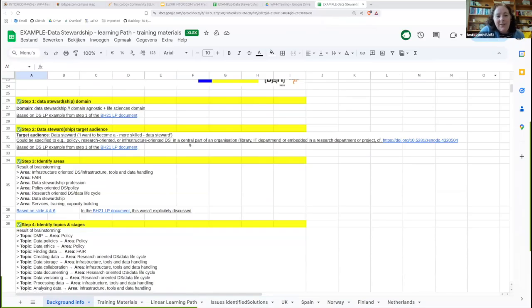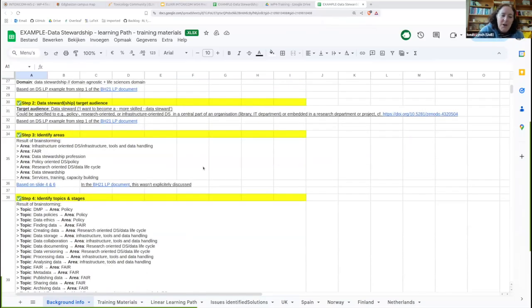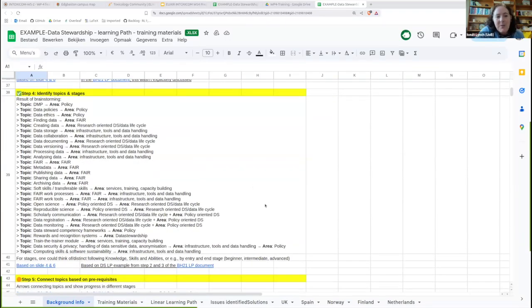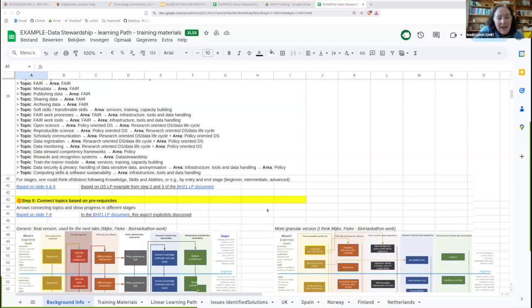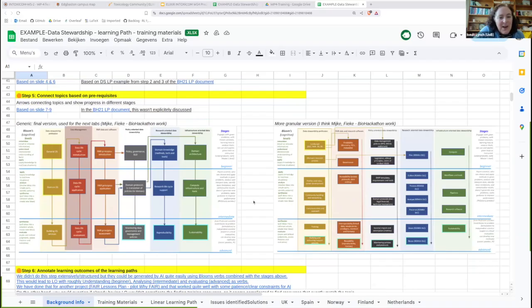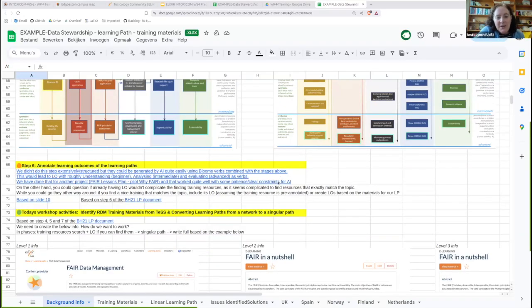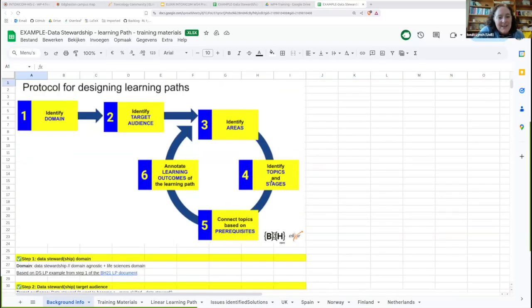But if people have a chance to think about, for their own resources, where we already are in terms of how far along this pathway the materials are already, and then we will start to develop these learning paths together. So I think the first homework really is just to have a little look at it, not to spend too much time, but just to get a view of what it is we're trying to do in the workshop.